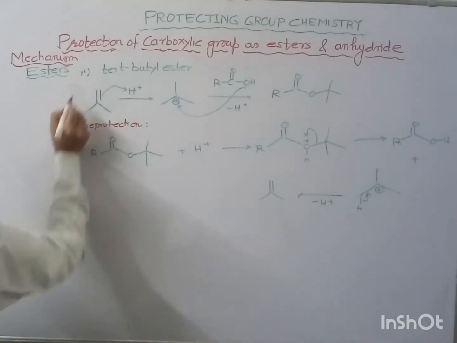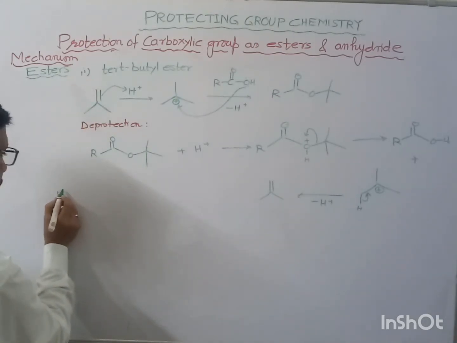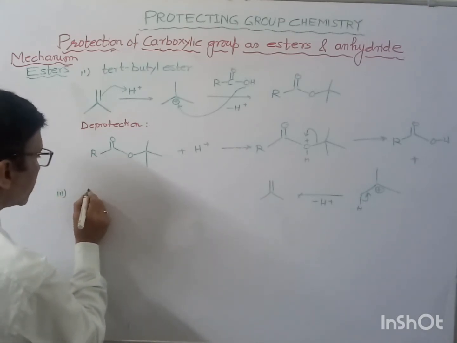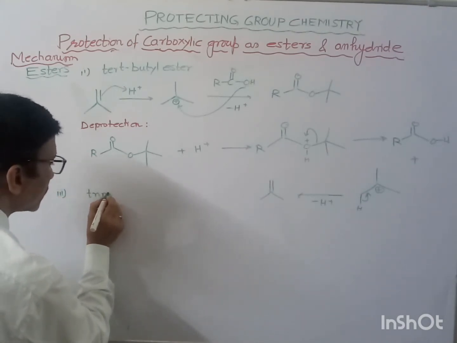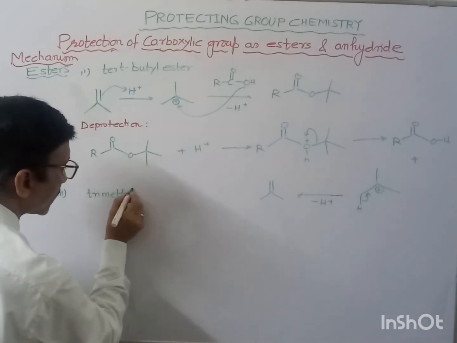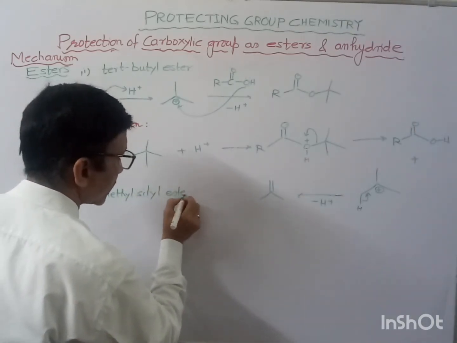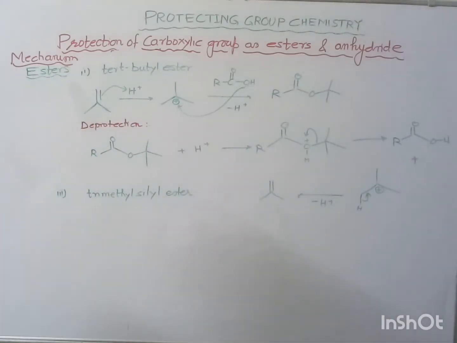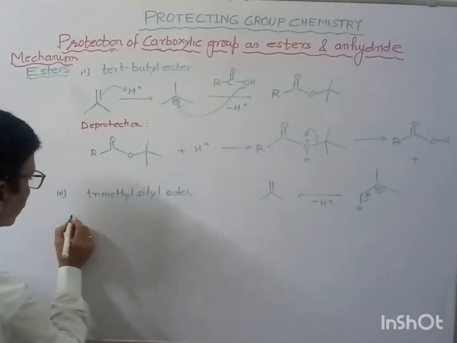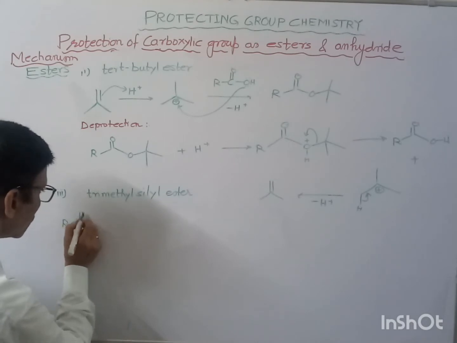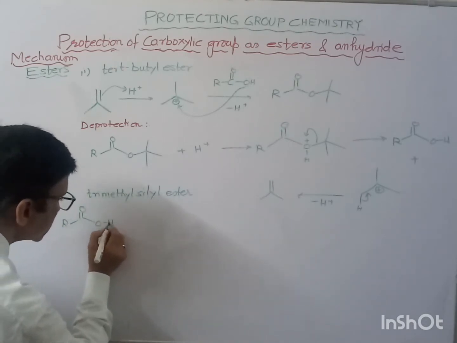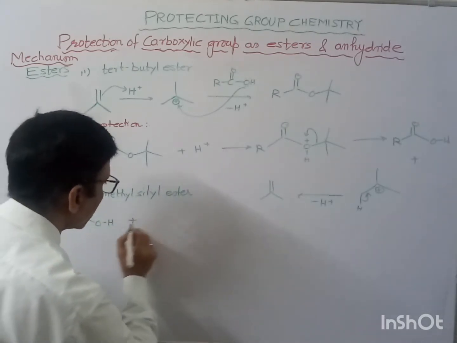Now next one. Suppose this is the second one, you see this third one. Then we can write trimethyl silyl ester. So we have this RCOOH acid plus